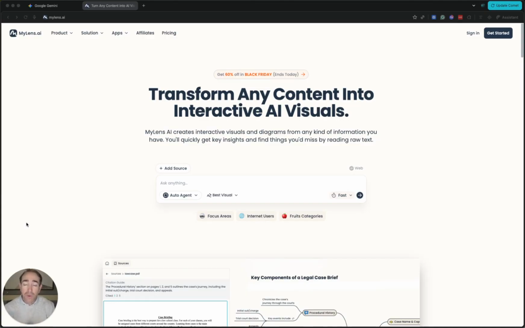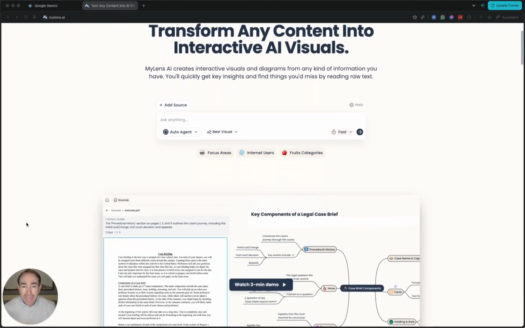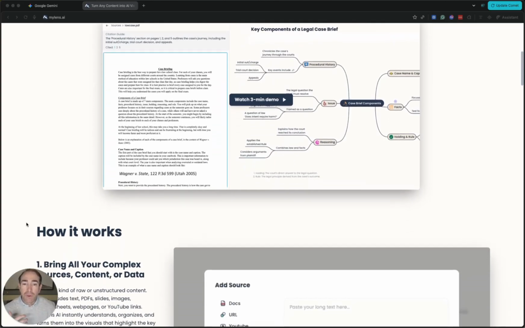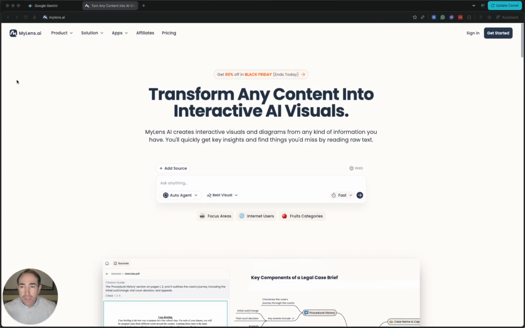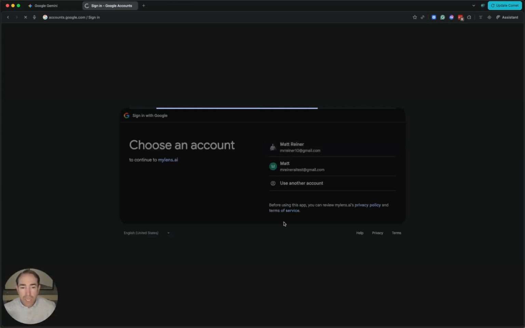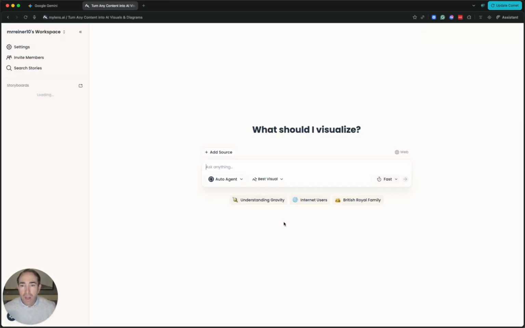It's very useful, I think, on its own, but I've seen the power of combining it. And today I'm going to share how I combined it with some things I did in Google Gemini and brought it over to MyLens.AI. MyLens.AI is meant to help visualize concepts and topics, and I found that it's been super impactful and useful. So this is the tool, MyLens.ai. We're going to sign in,